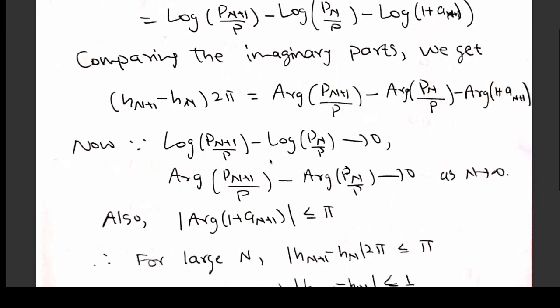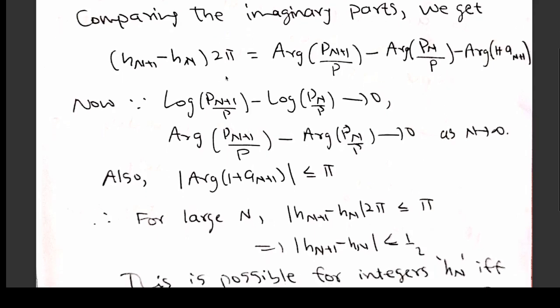Now what happens is that this goes to 0 because both quantities go to 1. Therefore, the first two terms go to 0, and the third term is a principal argument. Therefore, its absolute value should be less than or equal to pi. So what happens on the right hand side? You will have pi plus some small quantity only. So for large n, the left hand side should be less than or equal to pi, or